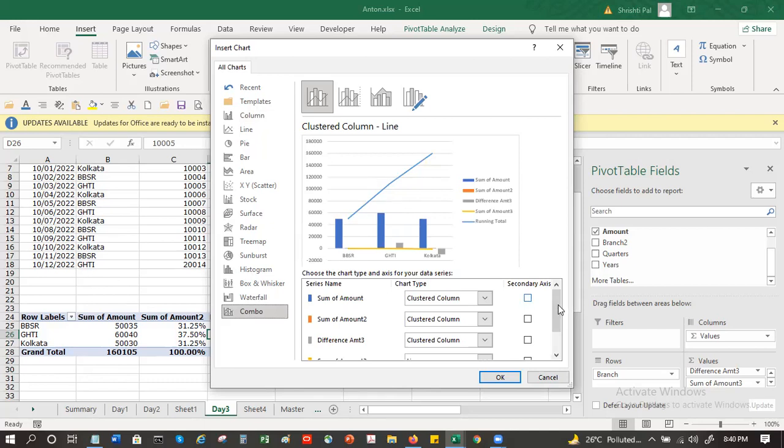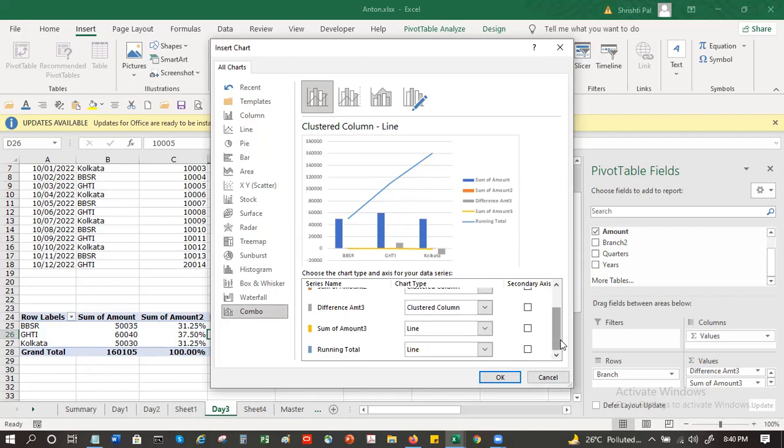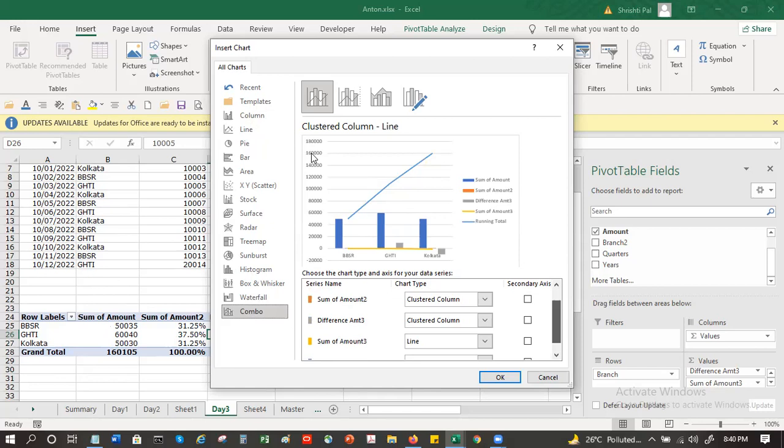Even if the volume or the number sequence is different, for example, you have this as percentage and this as a number, if I use both of them on the same scale, your graph goes for a toss. This one looks absolutely flat, although it is a percentage, because it's such a huge number, 180,000, 150,000, compared to that, it's a percentage.